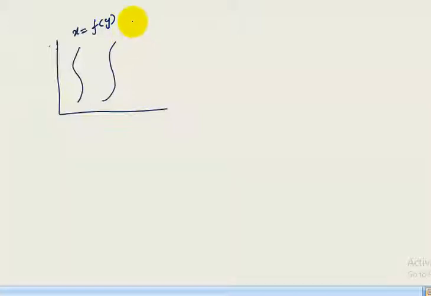Now area between two curves can also be expressed in another form. That is, if our two curves are like this, if our first curve is x is equal to f of y, and the second curve is x is equal to g of y. If y is equal to d and y is equal to c are the straight lines, then